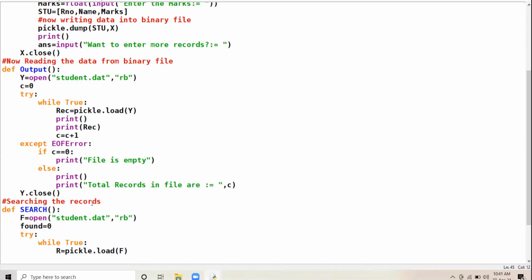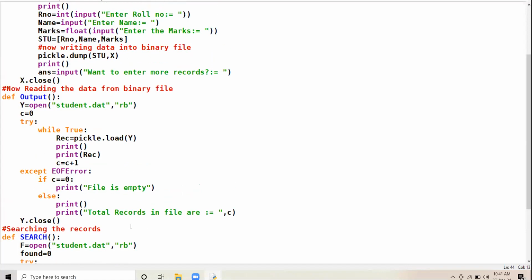Clear? Now this R represents all the records. All records are stored in variable R one by one. Since R is acting as a list, this is the first element of the list, this is the second element, this is the third element.